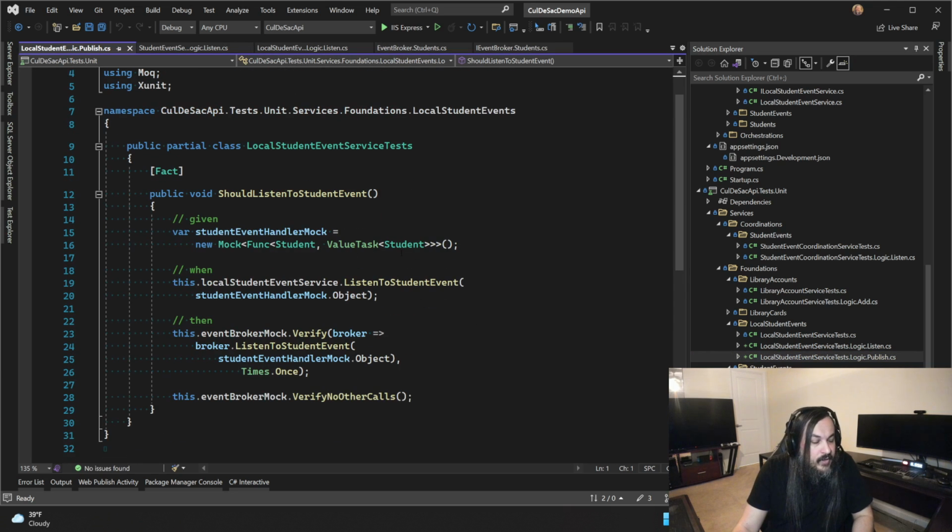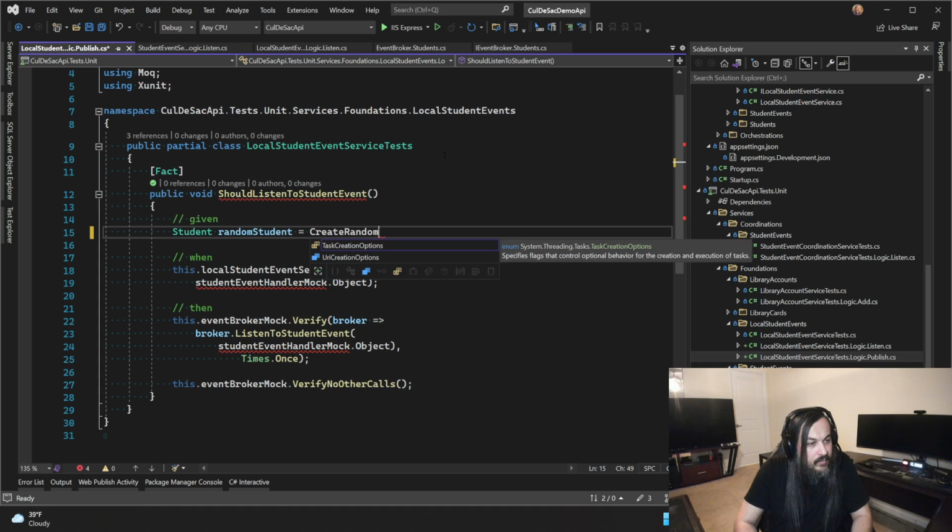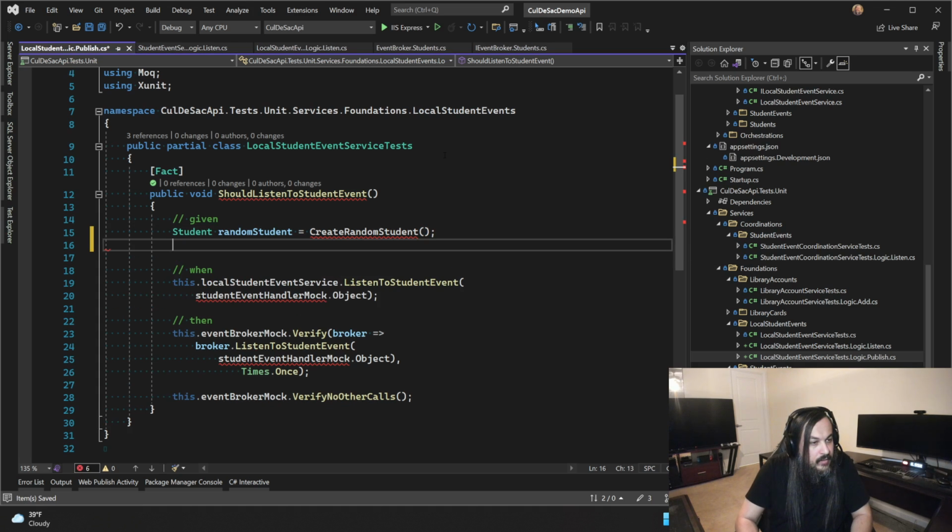The publish will be something very similar. The only difference here is that I'm creating a random student, like this, and I'm saying create random student. We could steal that from somewhere, and then input student, and that input student is the random student, right?